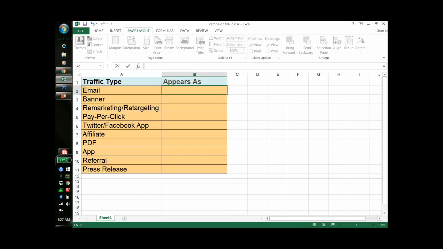Let's actually make sure that we consider all of these scenarios. Email traffic. Let's think of a click-through from an email that you send out. You send out a newsletter campaign, and that is opened up in the Gmail app, or it's opened up in Outlook, or it's opened up in Microsoft Mail. Is there a referring website that the click-through is coming from? If someone opens that email in Outlook and clicks through, and you get 10,000 of those click-throughs, and of those 10,000 click-throughs,